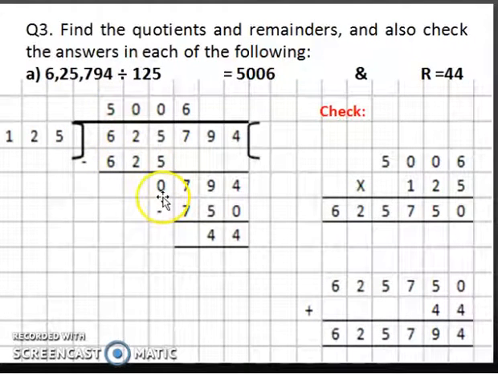You subtract, you get 0. There's no fun writing 3 zeros, so I've written 1 0. Then I copy down 7. Now as I explained in a question earlier, copying down 7, I have to definitely take the subtraction step. So I will take 125 zeros are 0 here. 7 will again come. I will copy down 9. 79. Again it is less than 125. I again have to take zeros are 0 here. After subtraction I will again get 79 only. Then I will copy 4.